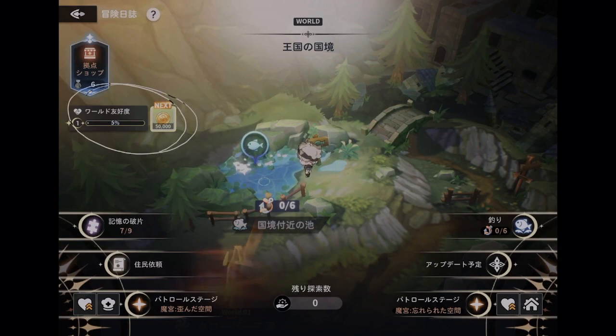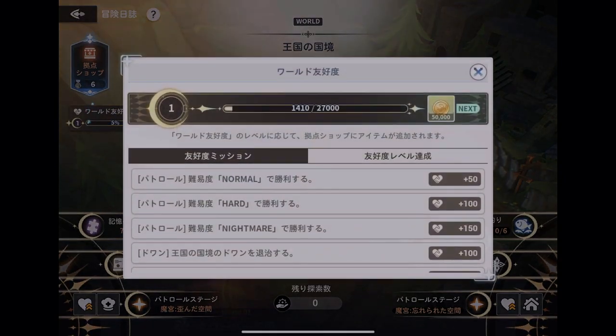And if we look here, we can also see our current level on the Affinity. We can see the reward we'll get for the next level of Affinity. And if we tap on this, we can actually see the things that we can do to boost our Affinity. So if we look right here at this one, we can see that if you do the Affinity stages on